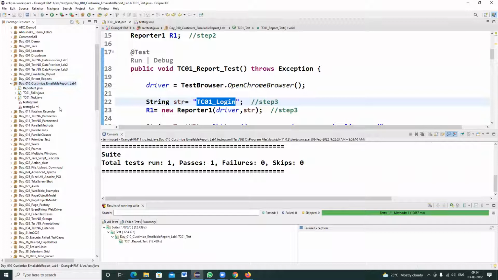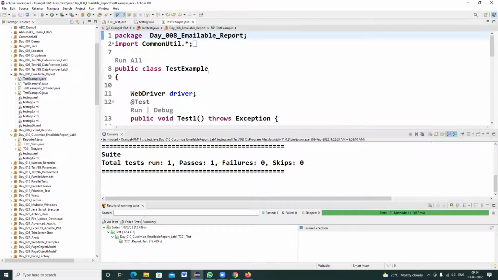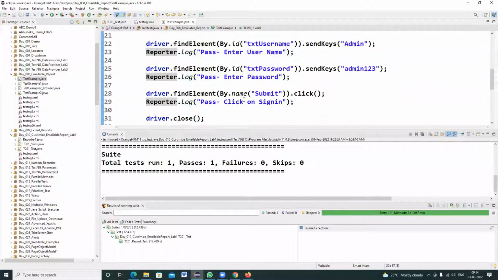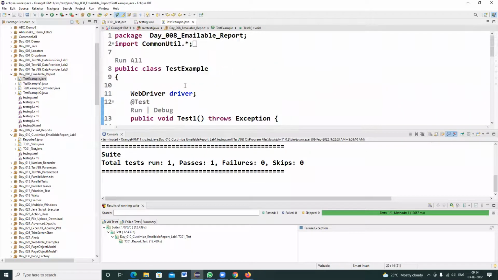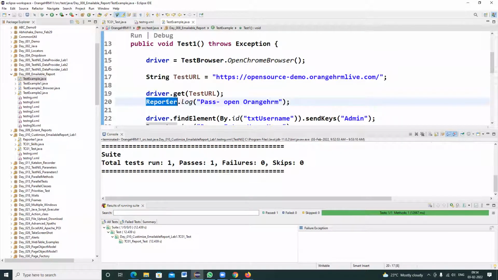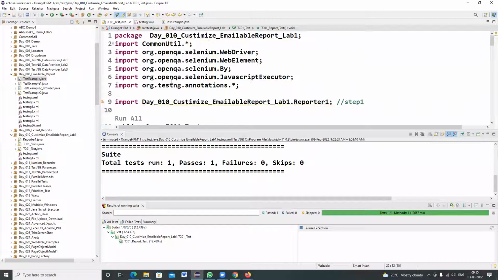Okay. So that means now you can tell me which is the best reporting. Importing the org.testng.Reporter class is the best one, or the Reporter1 class is the best. If you are going back to lab number 8 and TestExample.java here, simply you are writing Reporter.log text, simply it is generating only plain text information in your emailable report. Because you are importing this Reporter class, a predefined class given by TestNG. And in my program, I'm importing the Reporter1.java class. This is the Reporter1.java class which was developed by myself.